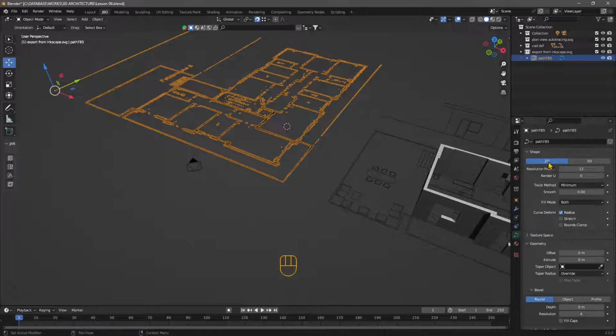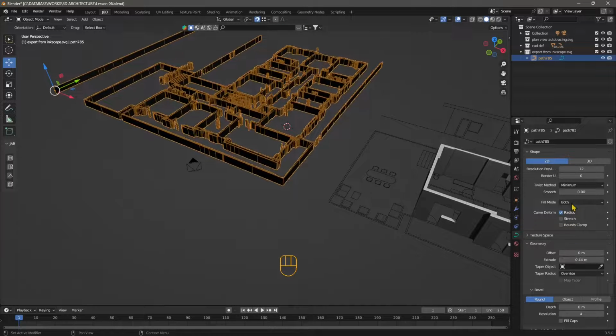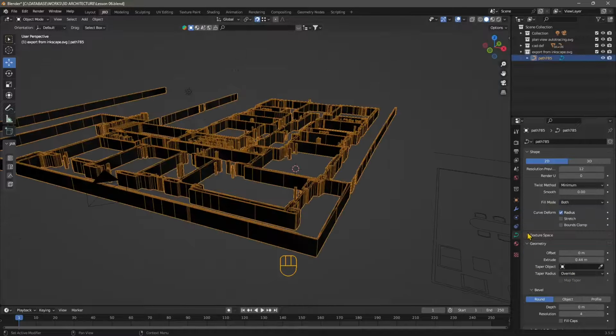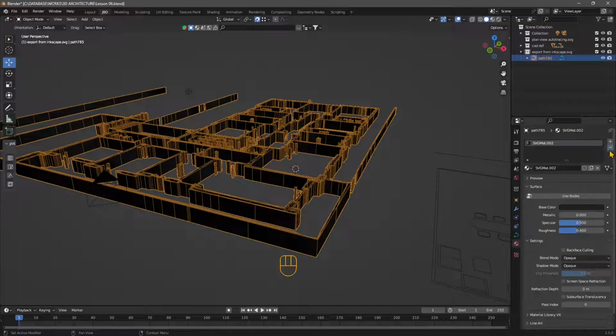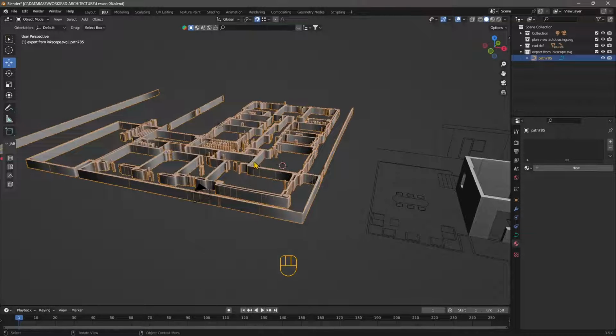So you can use this quickly if you go in the panel here of the curve, and select the 2D option, and then you can just extrude. So this is a quick extrusion. Remember, fill mode both, so you can fill the top and the bottom. I can also change the material here, so I'm just going to get rid of this black material, and this is better. Now you can see it's really smooth, but if I convert this, so right click,